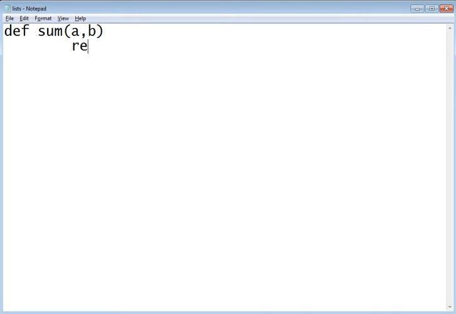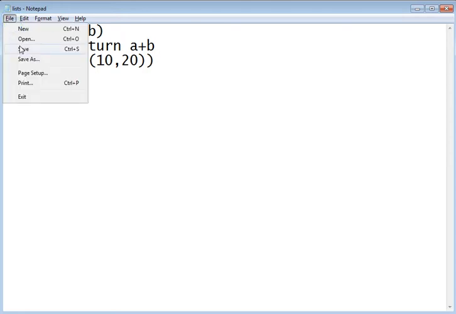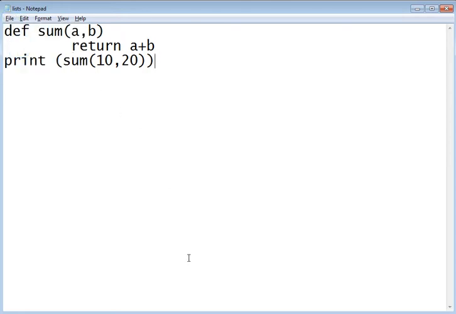And return a plus b, okay? And we call print, and in the print we have sum and 10 and 20, right? This is how we use functions. So let's see the output. It should be 30, right?